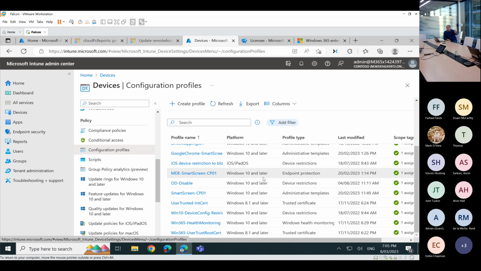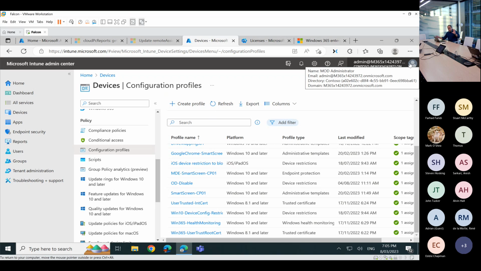You can deploy certificates if you have the requirement of deploying certain root and intermediate certificates on all your Windows 365. You can very well deploy all those particular certificate types from here. Then you can do remediation. For example, if you hit a certain event ID and wanted to trigger a remediation, you can do that. In short, whatever you could do on your physical endpoints through Intune, you can do all of that over here as well. So this is all from the perspective of the backend components.